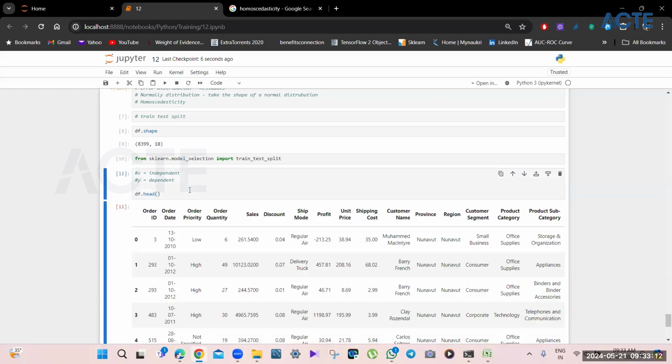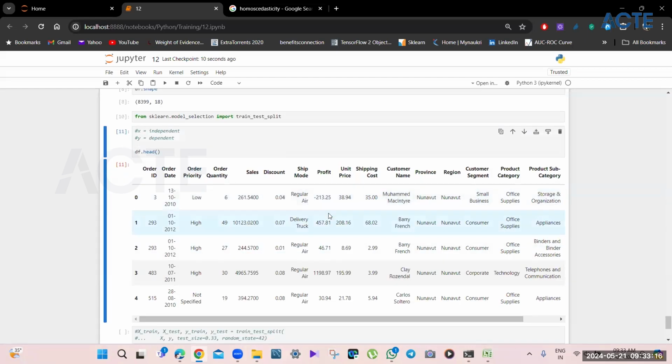I want to predict the profit, this is the model that I have to build. I have to predict the profit, or let's say, let's predict the sales. Sales is something that we want to predict. Now for that, I have to select the independent variable first. We can have one independent variable, we can have more than one independent variable. Let's take more than one for now. So let's take profit and let's say